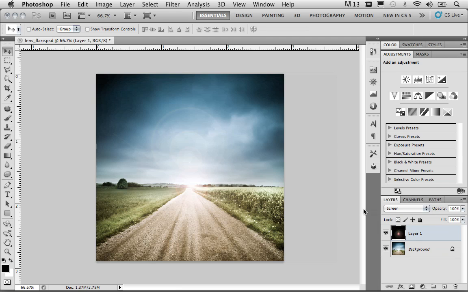But again, the advantage here is you can highlight the Move tool and you can move the lens flare around to reposition it. If you want to scale it or do any other type of transformation to it, you would have that ability. So adding the lens flare to a layer with a black background can easily be added to a background layer by using one of the